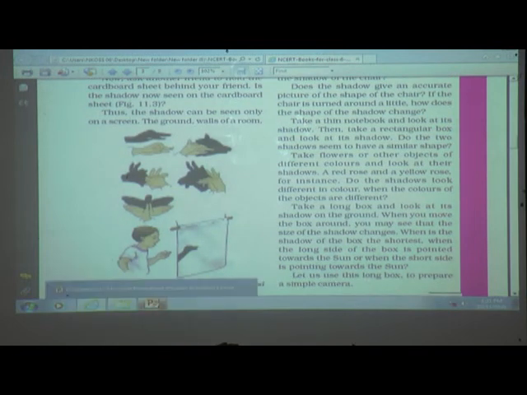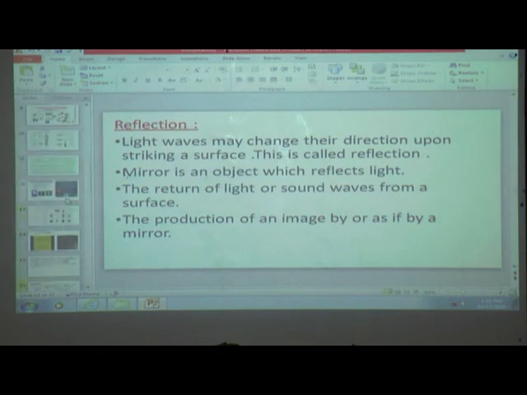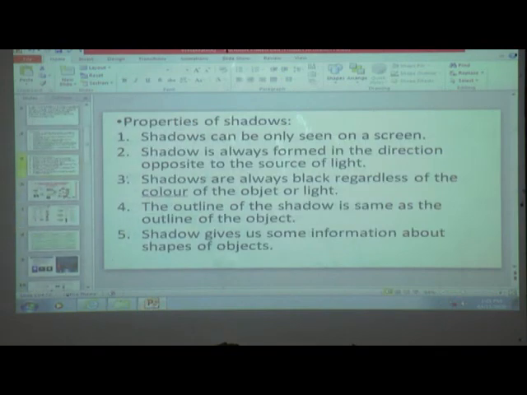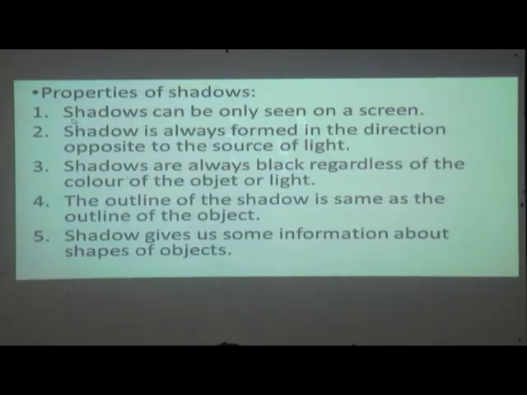In the previous session I told you about this. See here, properties of shadow. Once again I will show you, so you will get the answers to all your questions. See, shadows can be seen only on a screen. Shadow is always formed in the direction opposite to the source of light.